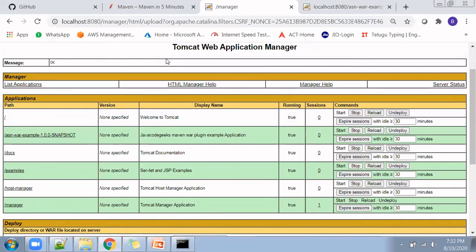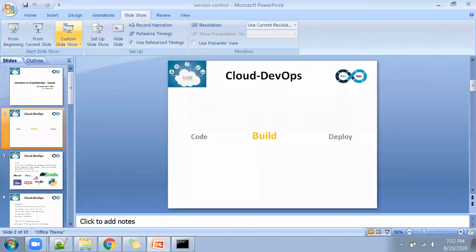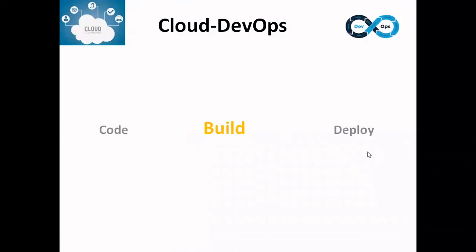So this is the basic flow of DevOps: code, build, and deploy. That's why I placed this in the second slide: code, build, deploy. If you understand the flow of these three, then you will be able to understand the basic flow of DevOps.